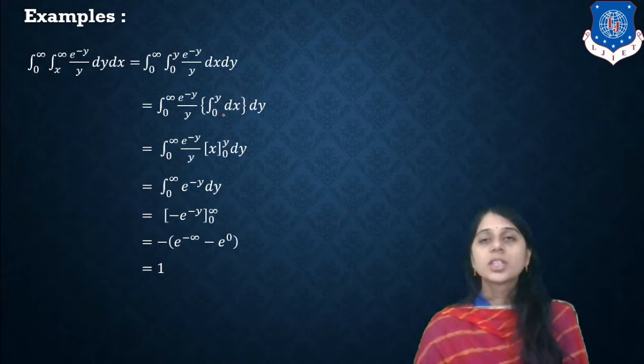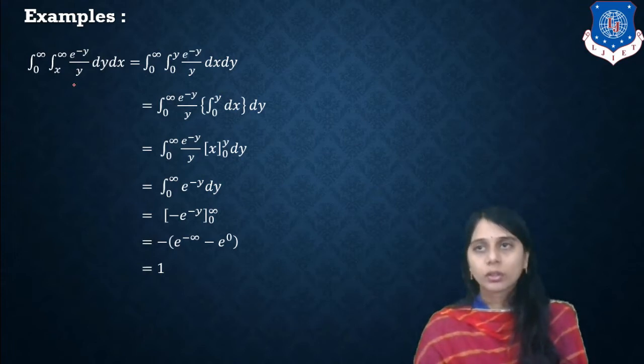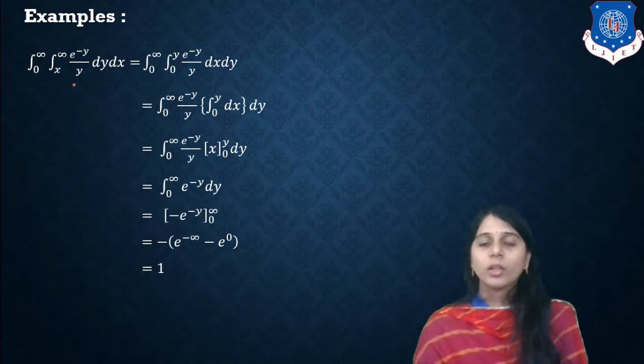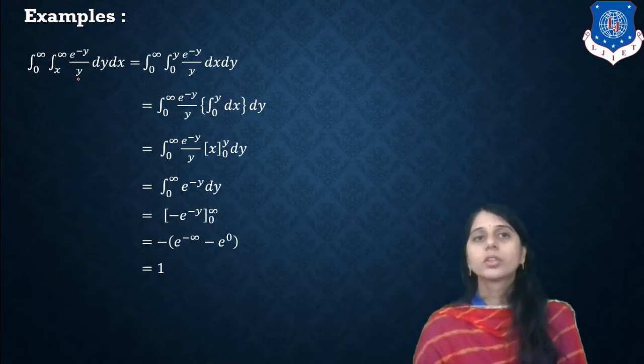So this is an easier method. If we want to integrate with respect to y and we get e raised to minus y, we have to use the rule of integration by parts. We take e raised to minus y as the u formation and the other as the v formation, and it is a non-ending process for the integration. So we have to change the integration order.